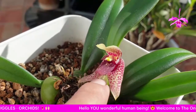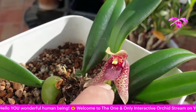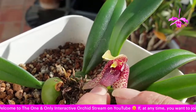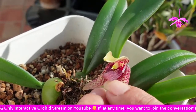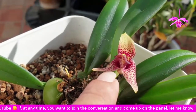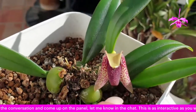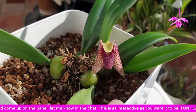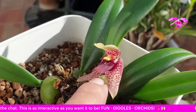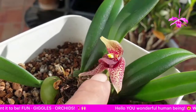Please do not wet your roots before you put fertilizer on them. The velamen works with immediate absorption. I mean, immediate. The moment you put something on dry roots, it's going to be absorbed. You put water, you see, it's like a sponge. The sponge can only hold so much water, and then if you pour anything on top of that, it's just going to pour superficially or run over the top because the sponge is full. So I would say if you're getting root burn,